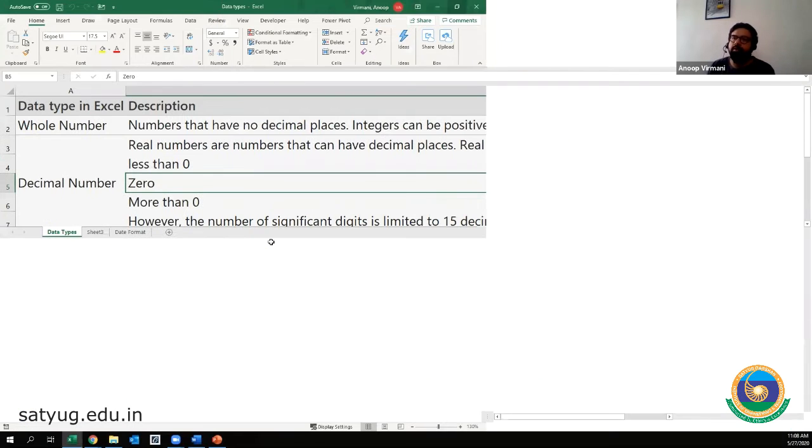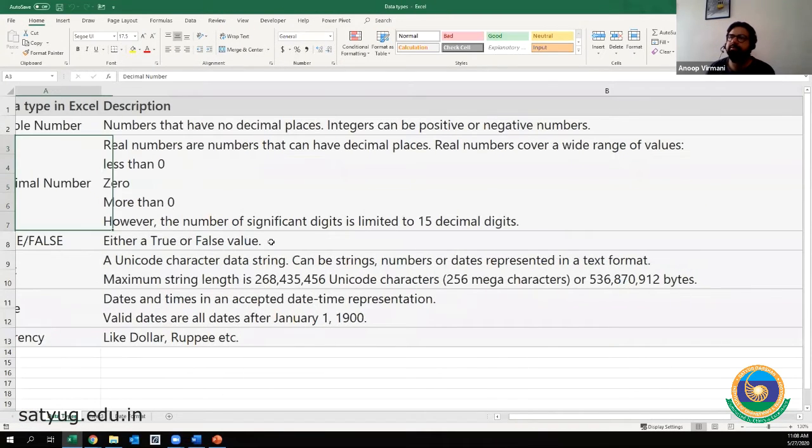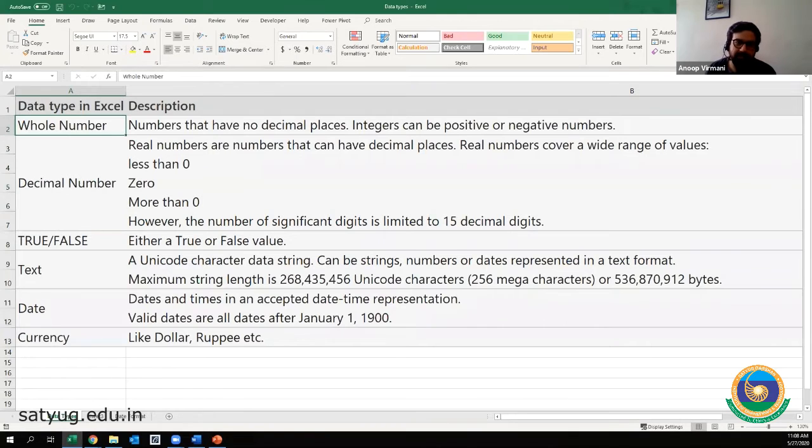So Excel has these kinds of data types, right? It can be a whole number. So don't worry, this is not something where you're going back to your rudimentary maths classes of 5th and 6th, where you started learning whole numbers, real numbers, decimals and everything.